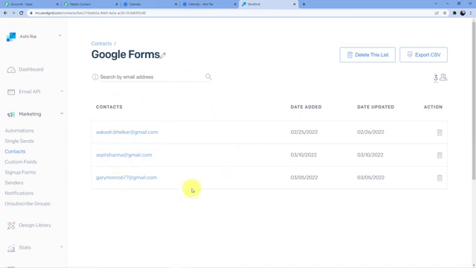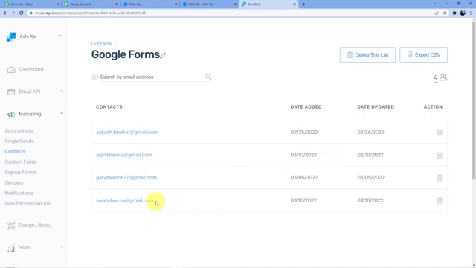So you can see we do not have this. So let us just wait for a few seconds and I will come back after a few seconds and we will see if we have our entry here or not. And you can see I have this new member here, swatisharma@gmail.com, and let me tell you, it took 2 minutes for this contact to come here and to get added into our Google Forms list